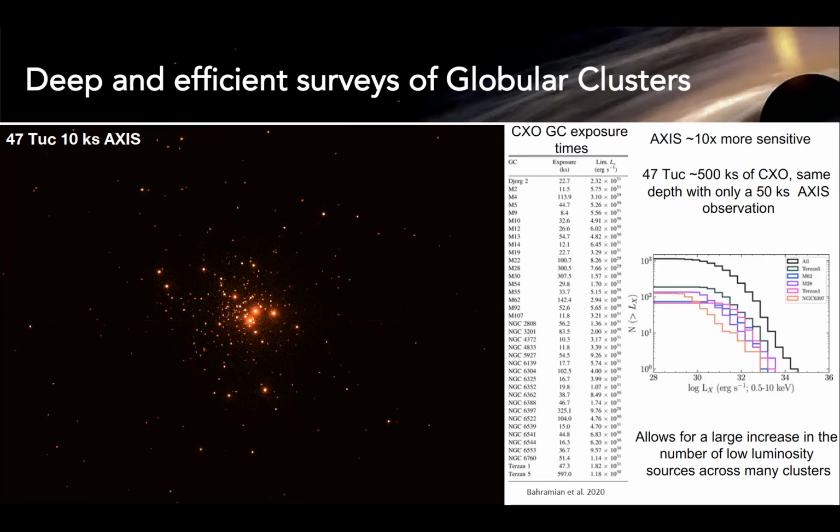It is also important to note that besides Chandra, only AXIS and maybe Lynx will have the efficient angular resolution to push globular cluster science forward in the near future.